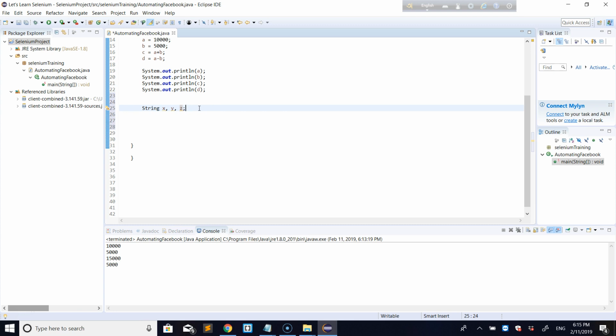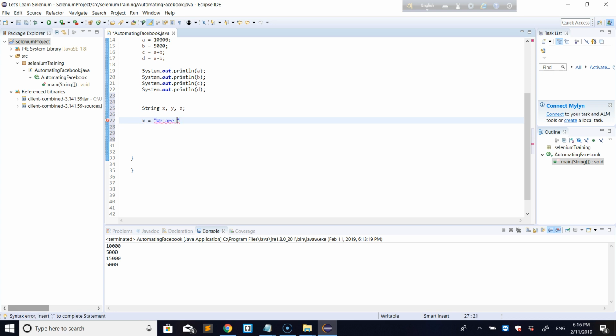You can do it at once rather than just writing string x semicolon string y semicolon string z semicolon, and you can just now write x is equal to